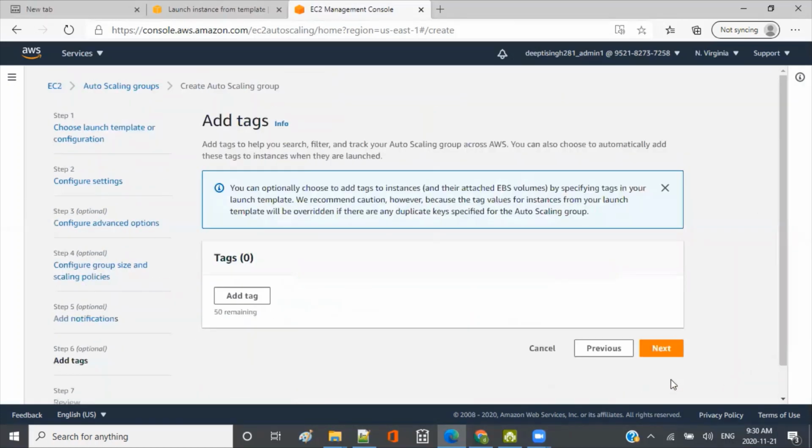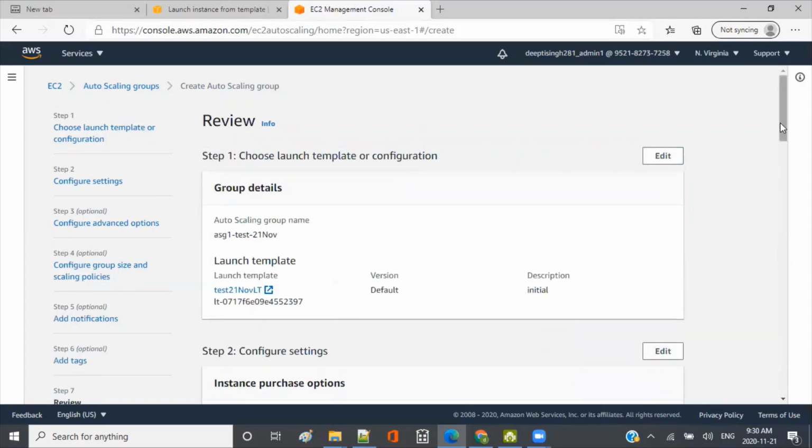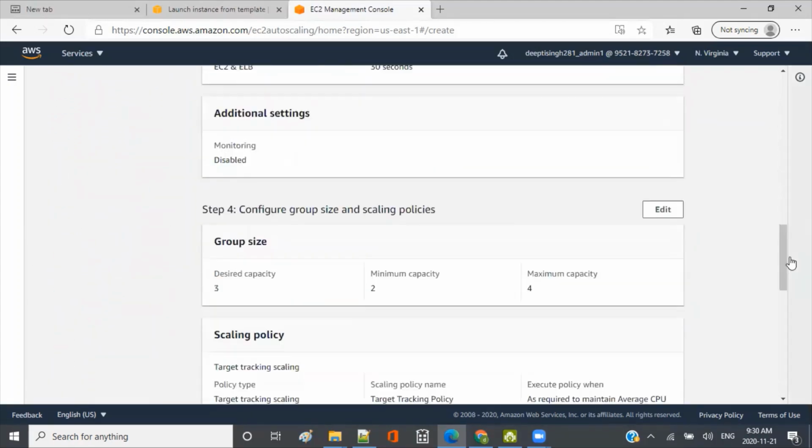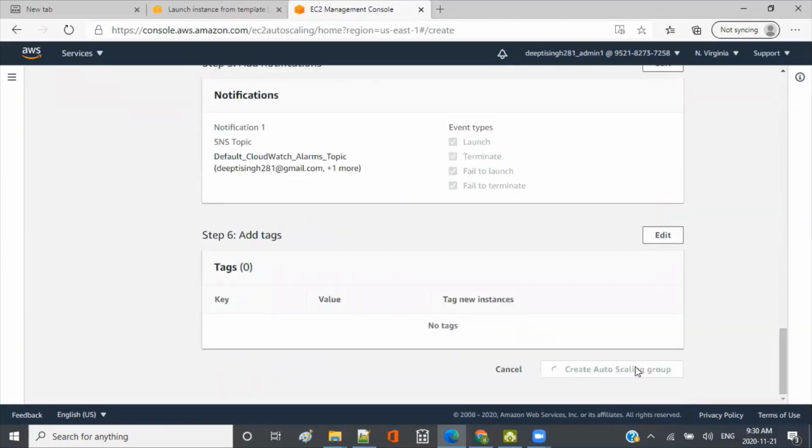And then next, you will see tags everywhere. A tag is an important and powerful tool to club things together, and these tags are also used later for identifying your resources and sometimes in billing as well. So you can just type a label, right? You can create a tag saying environment, and you can say production or test or dev or something. Okay, so this is all the setup. Now it's a review page. You can see everything here. Okay, and then you will create the auto scaling group.